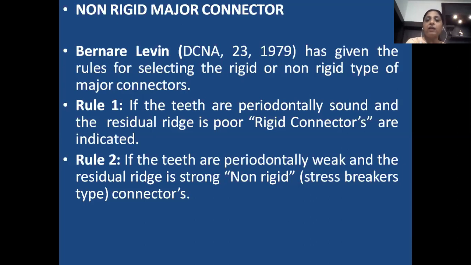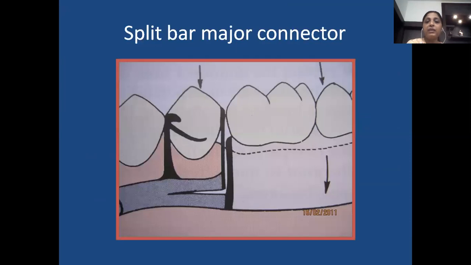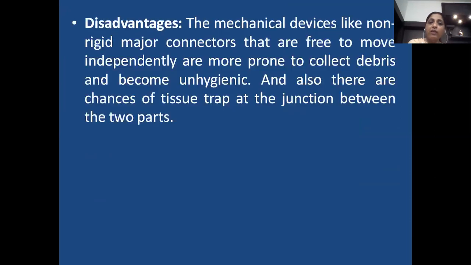So wherever the teeth are weak periodontally and the bone is strong, there we can think about giving non-rigid major connectors also. The split bar major connector is one example of a non-rigid major connector. The disadvantage of this type of major connector is that mechanical devices like non-rigid major connectors are free to move independently and are more prone to collect debris and become unhygienic. There may also be chances of tissue trap at the junction between the two parts. So this is one of the major disadvantages of the